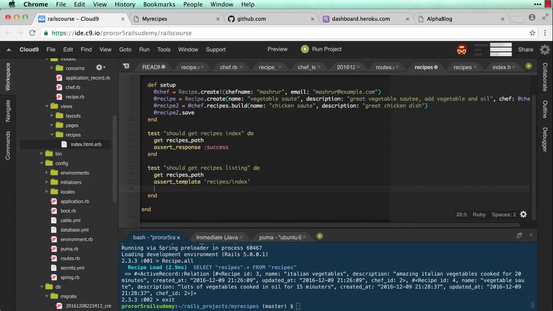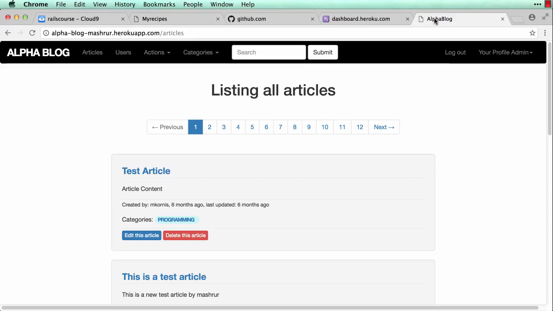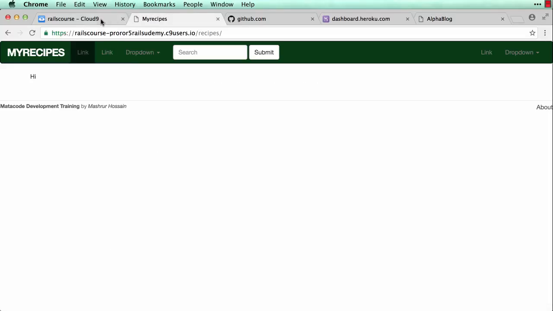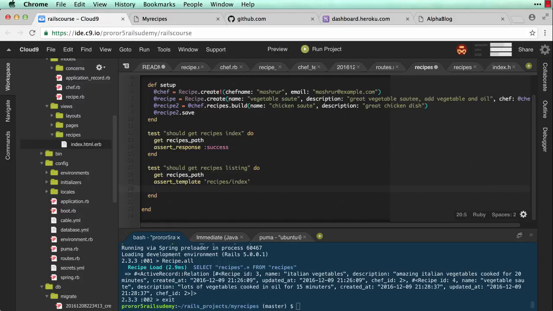But first, since I don't have the show page, and I don't have a show action, I'm dealing with the index action. I simply want to see that the name exists. So I'm going to use assert_match. That's the assertion to use. And then @recipe.name, meaning this recipe, @recipe, and this one's name, I want that to show up in the body of that index page. So, comma, this is the keyword to get that,